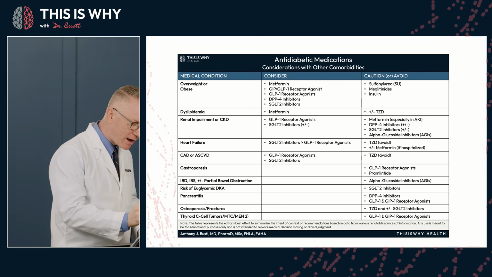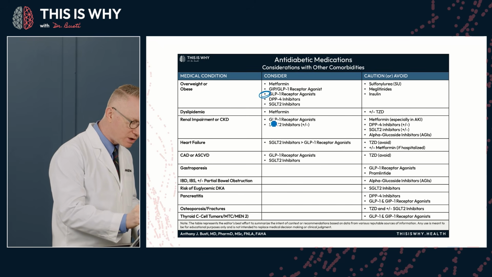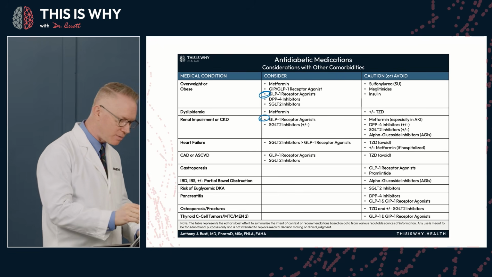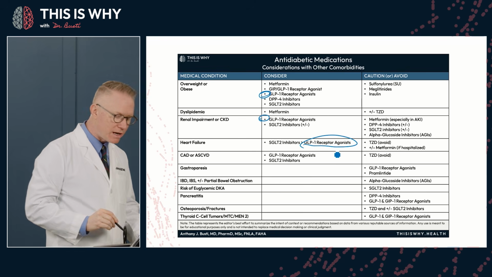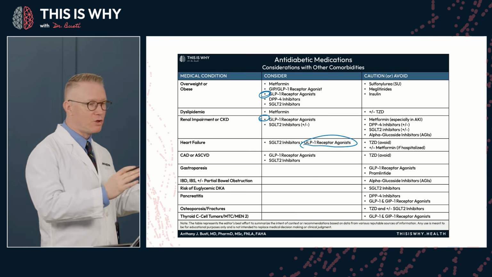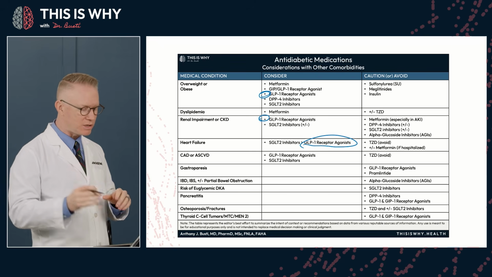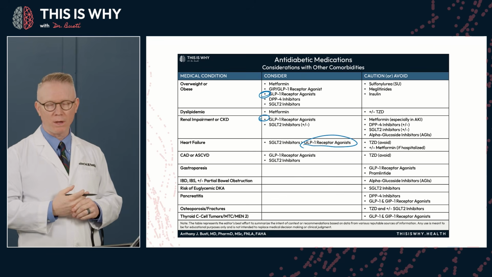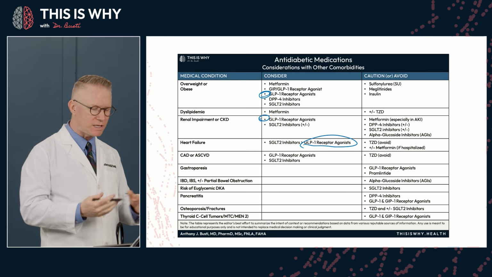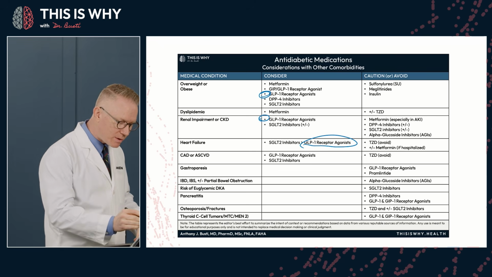But you'll see up here we have GLPs in patients with obesity, right? We should consider it. Patients with CKD, especially if they can't take an SGLT2 inhibitor. Okay, those are important. You see heart failure. Again, especially with fluid overload, if you can use an SGLT2 inhibitor, that's probably helpful to them in that condition along with your diabetes. But you see that we should consider GLP-1s in multiple comorbidities. That's just consistent with what I just said earlier. But where do we avoid them? Again, it's how you use this